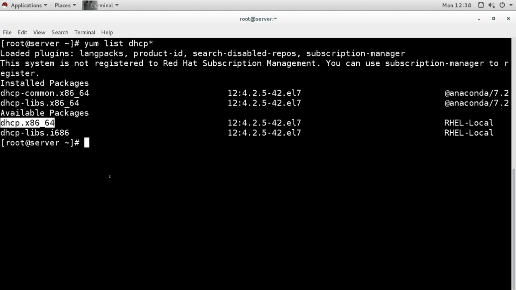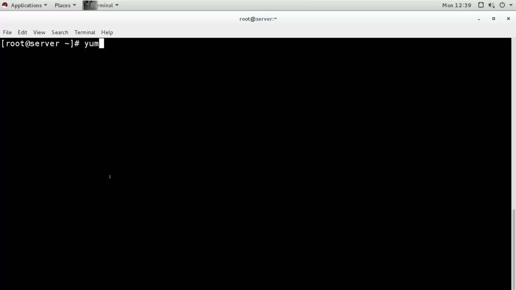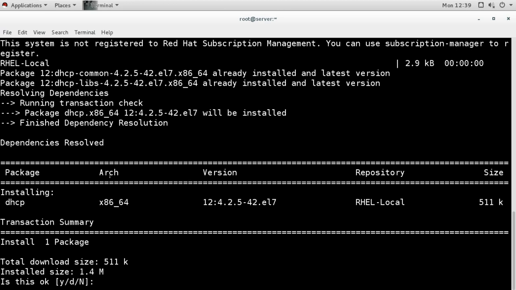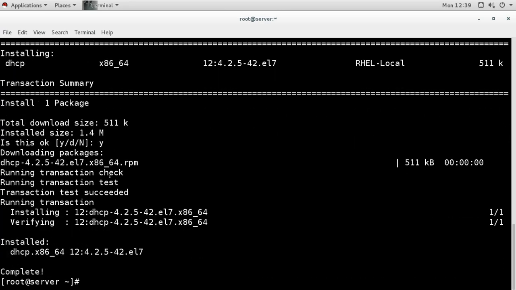I'm going to run the command yum install dhcp, and I'm saying yes, I want to install it. There are no dependencies for this package, so you can easily install it with rpm also.